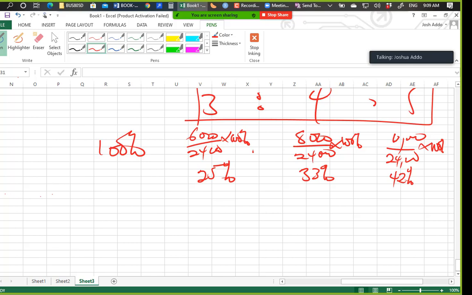So let's try to complete what we are doing. So we can calculate the total revenue in the bag and divide it by the